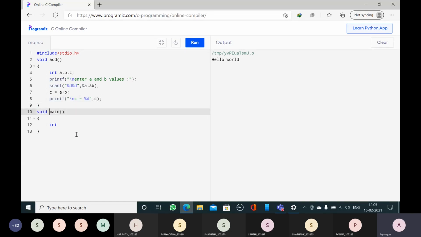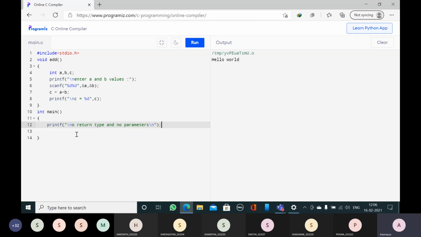Now this is the main function, int main. Here I am just displaying one message: no return type and no parameters.